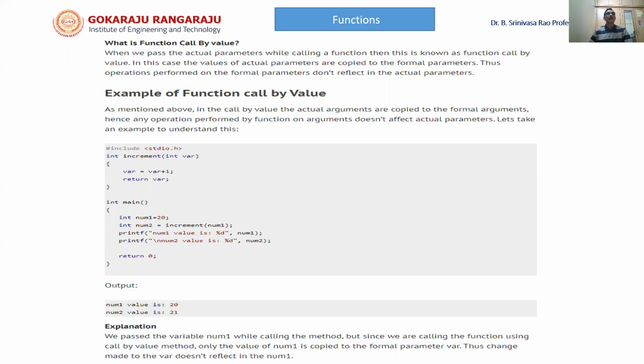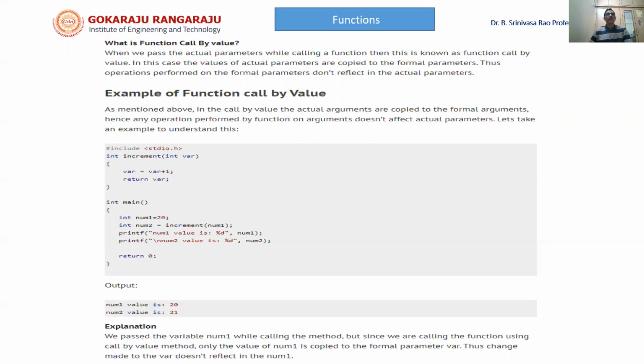Int main, int num1 = 20, int num2 = increment(num1), printf num1 value is %d, num1, printf num2 value is %d, num2, return. Now let us see what is going to happen. Num1 value is equal to 20. Num2 value is equal to 21 as it is being incremented.